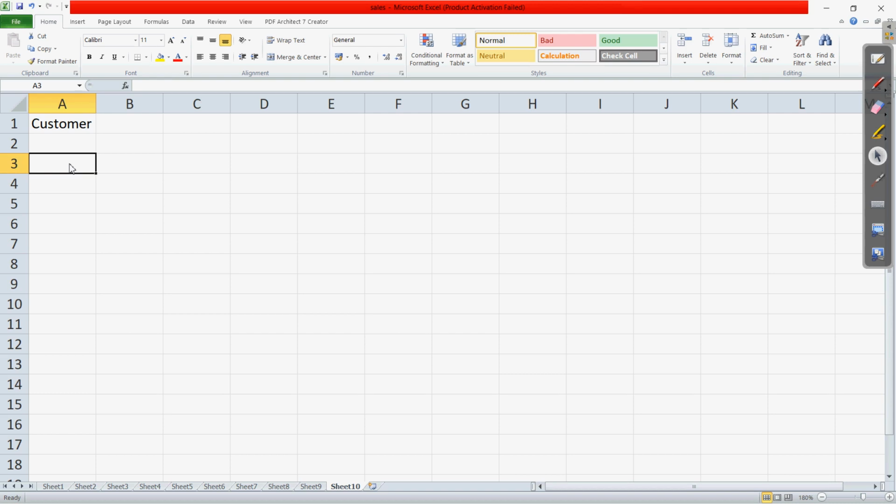Labels are the headers of these columns. So first is first name, then last name, then address.